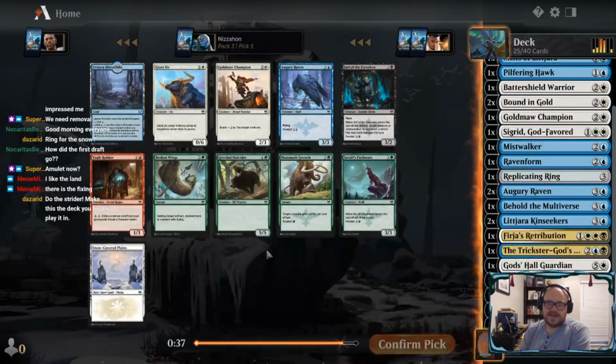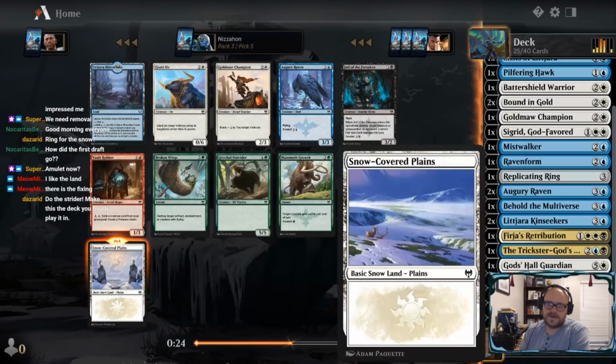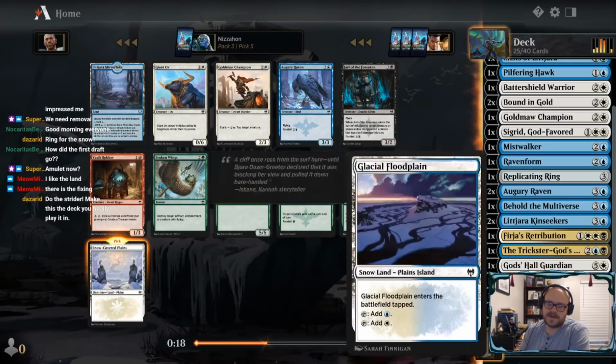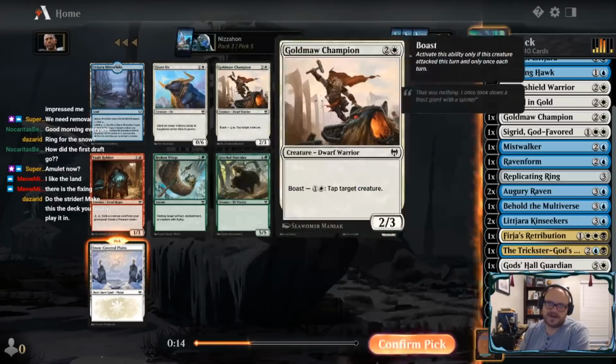Man, we've seen a lot of Littjara Mirror Lakes, which is a little bit frustrating. But, you know. We'll grab another Snow-Covered Plains here. Champion's okay, but we're getting more and more reasons to have snow mana around. Are we, though? We actually don't have that many reasons other than our Pilfering Hawk, so I think I'll just